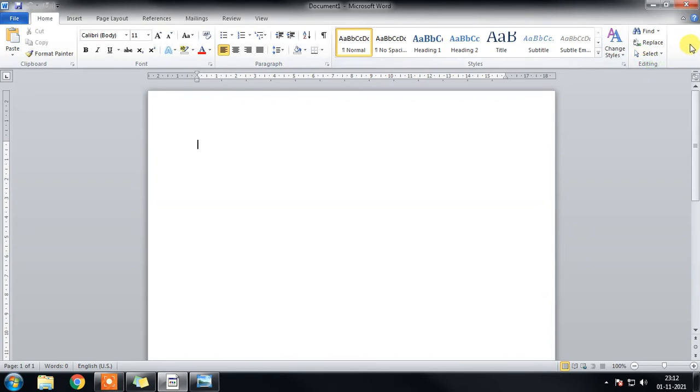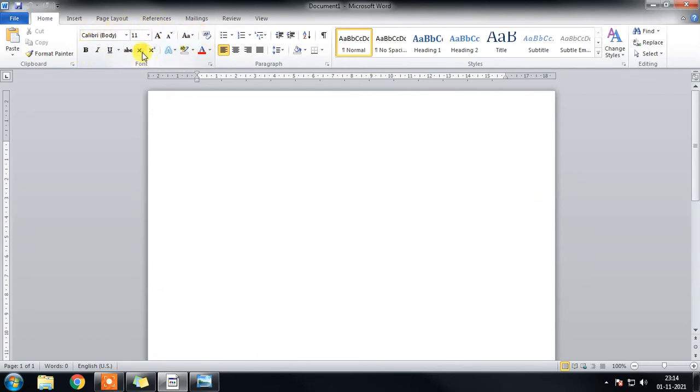Ribbon contains the commands related to a specific selected tab, and those commands are grouped under a name that reflects their functionality. All the commands in one particular section are grouped and given a name that reflects their application.